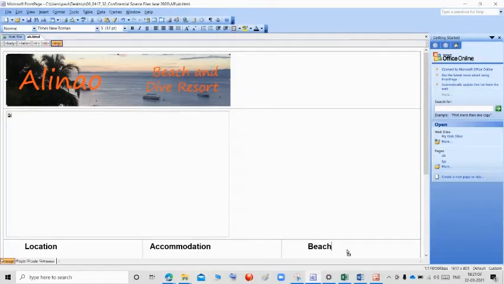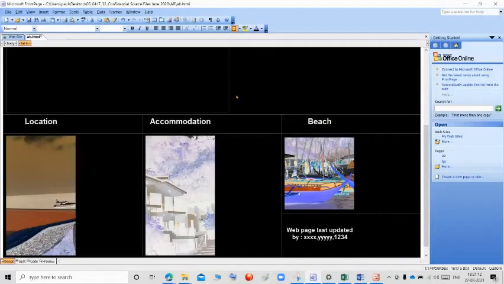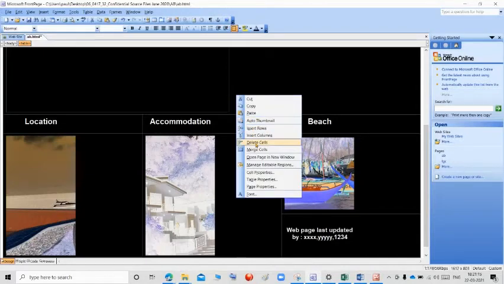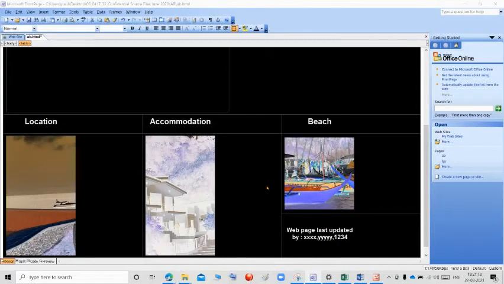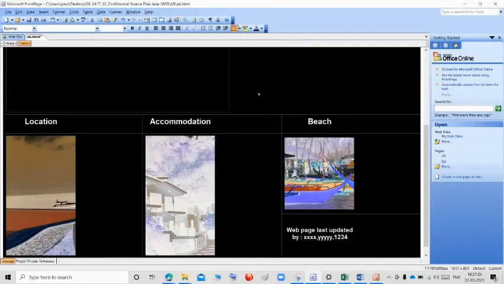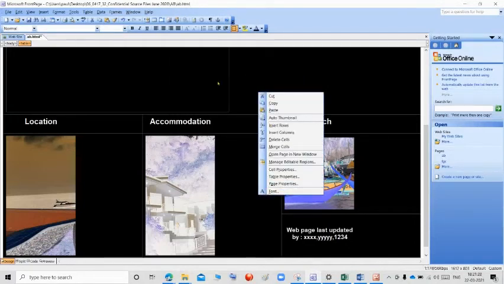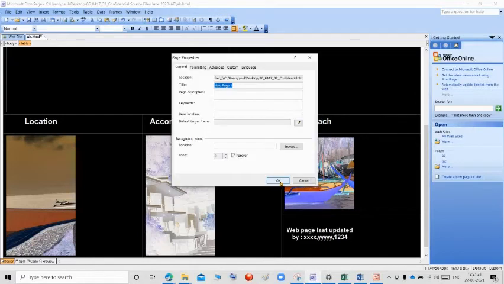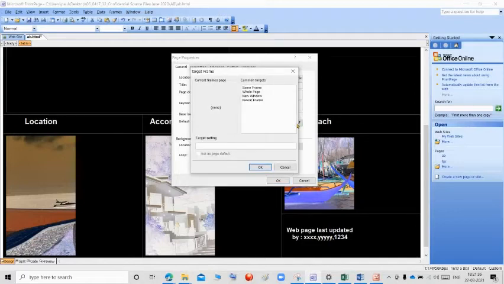Select this image, select the table, right click, go to the page properties, click the default target frame, click this and click new window, and it will be blank, and click OK.